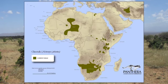The cheetah's range includes East and Southern Africa, pockets of North Africa, and a small region of Iran. Historically, the cheetah ranged across Africa and the Middle East, through Pakistan and India to the Bay of Bengal. But in the last century, their range has contracted as humans have converted their natural habitat into farms, ranch land,